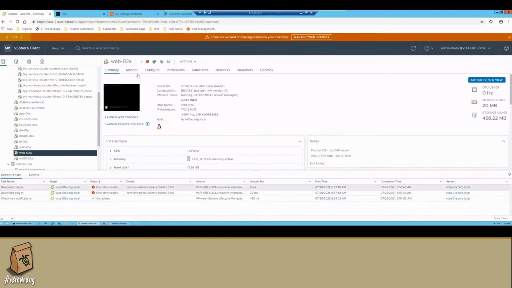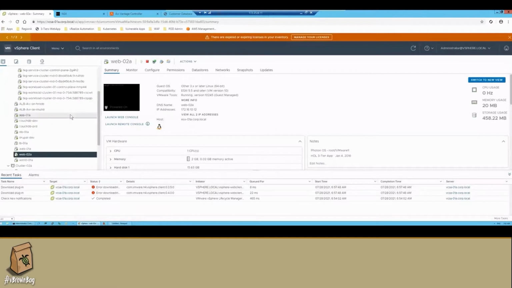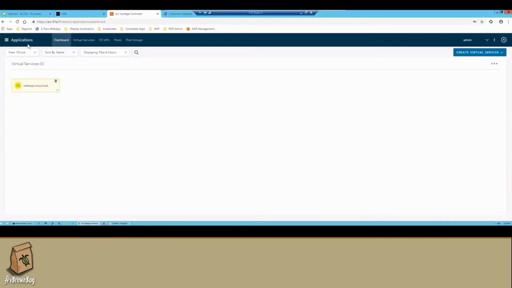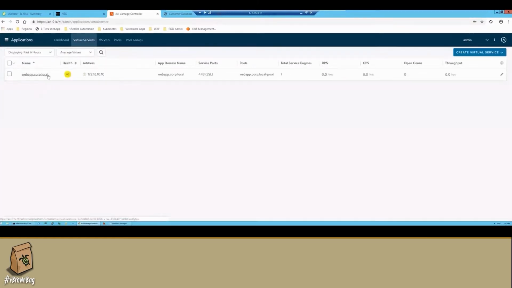Now, what we've done is, this was initially delivered through an NGINX load balancer, but we've migrated the load balancing function over to the NSX-T Advanced Load Balancer. So if I go to the NSX-T Advanced Load Balancer, we've got one virtual service defined,